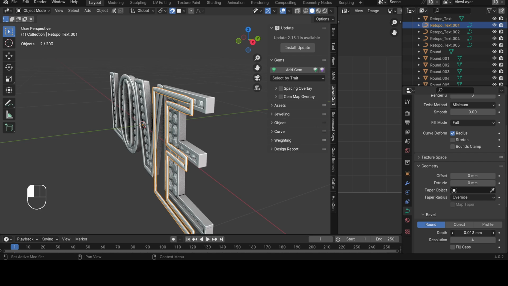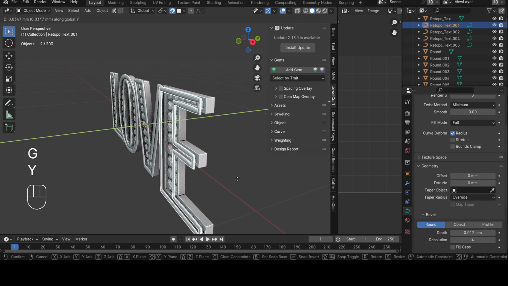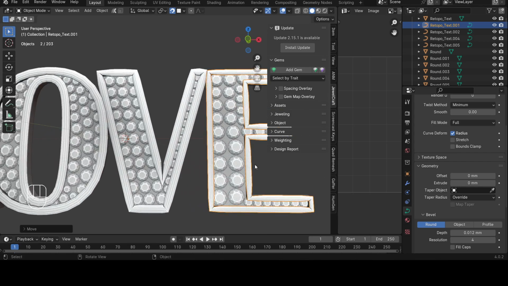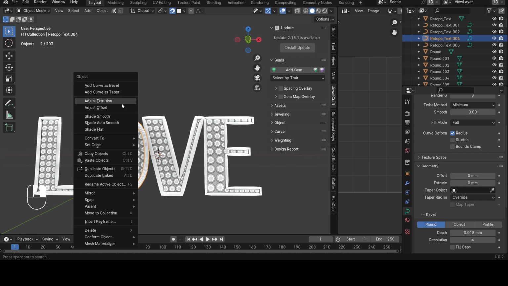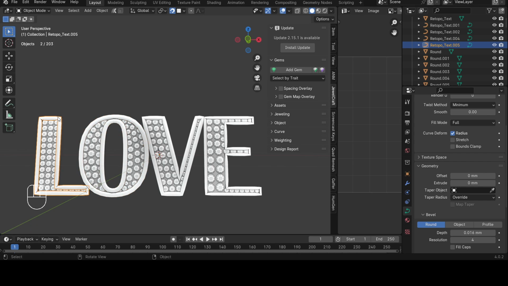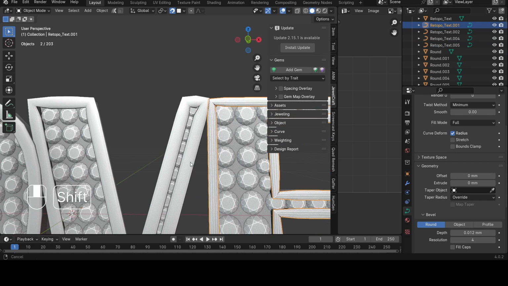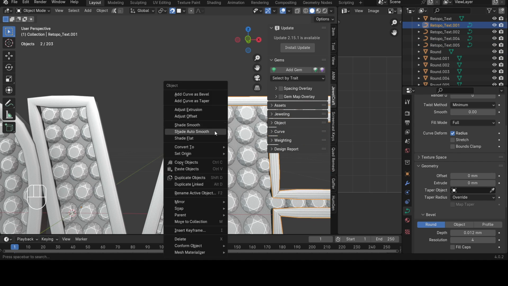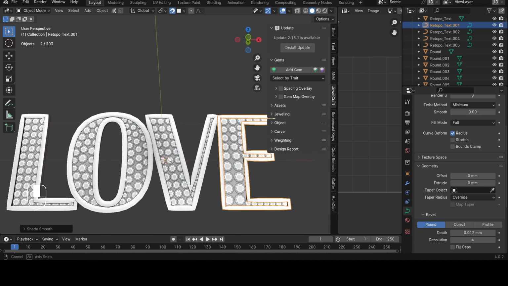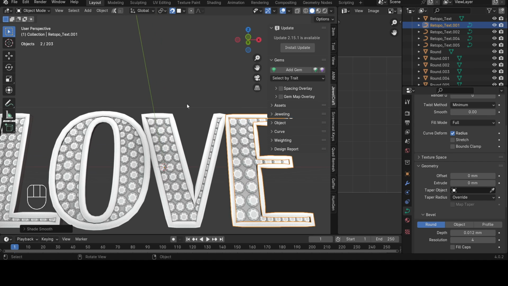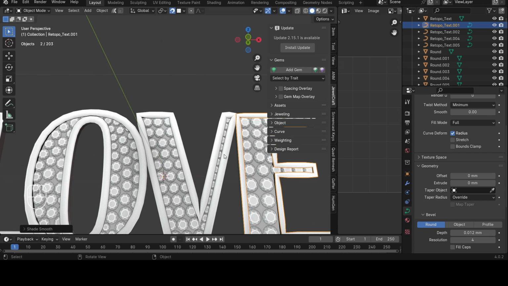So let's do this. And we'll go like that. Like that. Cool. You could shade smooth just to get those ridges out, those lines or whatever you call them. You see how smooth it is? Get those lines out of there. It helps with the visuals. Like I said, this is all personal preference, however you want these borders to be,